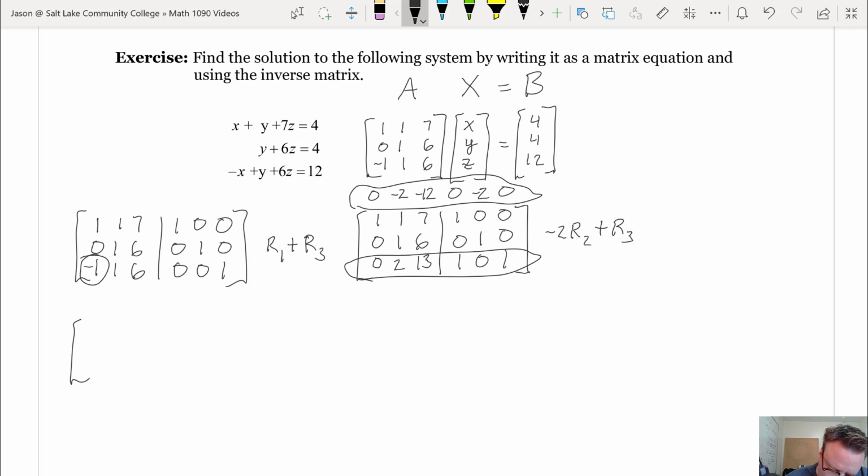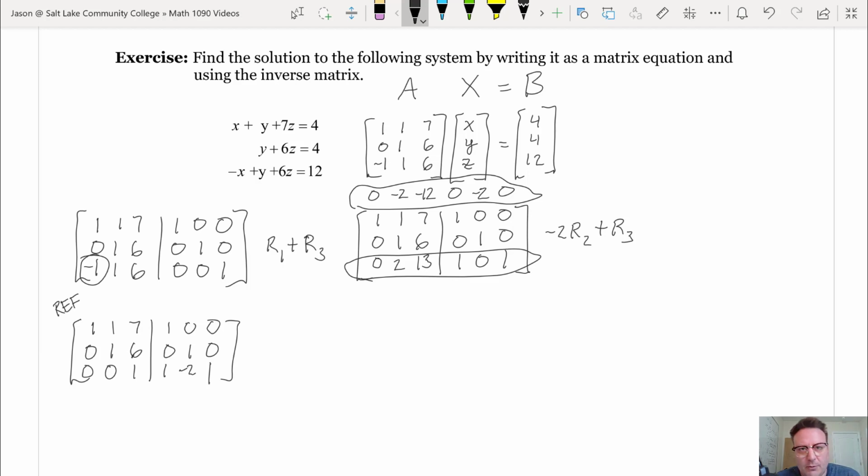Okay, so the top two rows will stay the same. 1, 1, 7, 1, 0, 0, 0, 1, 6, 0, 1, 0. But the third row will become 0, 0, and negative 12 and 13 is 1. 0 and 1 is 1. Negative 2 and 0 is negative 2. 0 and 1 is 1. Okay, so now this matrix is in row echelon form,